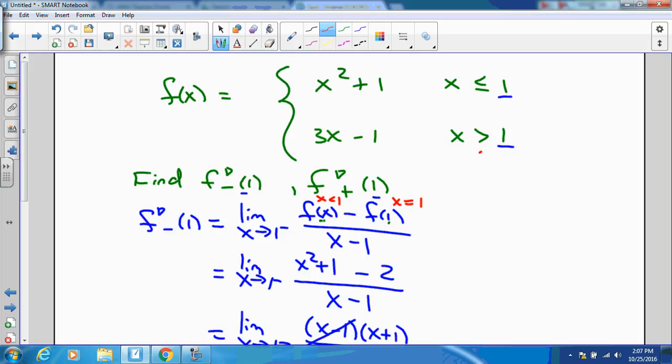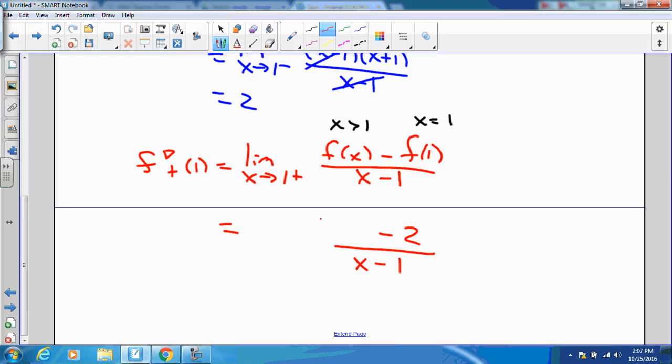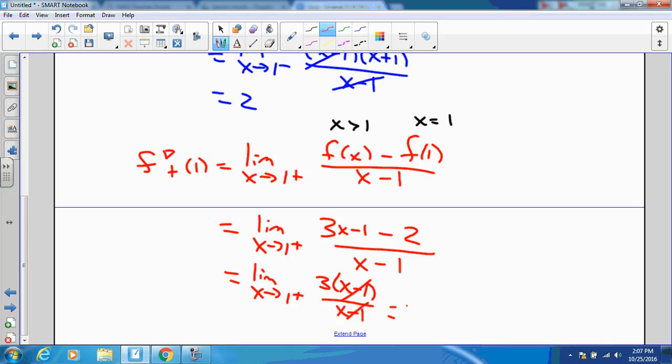What about the f of x? I go back, and I observe the piece that applies when x is greater than 1 is 3x minus 1. And so I put that piece in its place, like so. Yes, you see where it's going. That gives me 3x minus 3, which is 3 times x minus 1, which is equal to 3. And so what does this mean? My derivative from the left is 2 and my derivative from the right